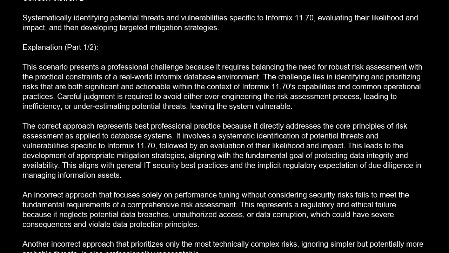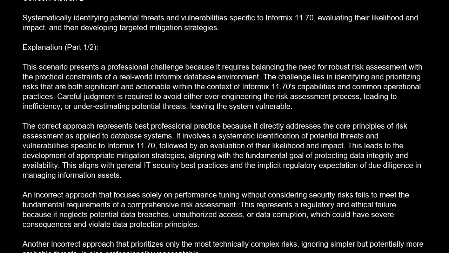The correct answer is B. Systematically identifying potential threats and vulnerabilities specific to Informix 1170, evaluating their likelihood and impact, and then developing targeted mitigation strategies. Explanation. This scenario presents a professional challenge because it requires balancing the need for robust risk assessment with the